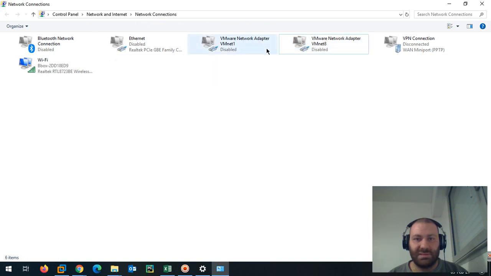But I keep these two options. And you can have several. You can create multiple other VMnets. So virtual machine network 1, virtual machine network 8. Okay, so